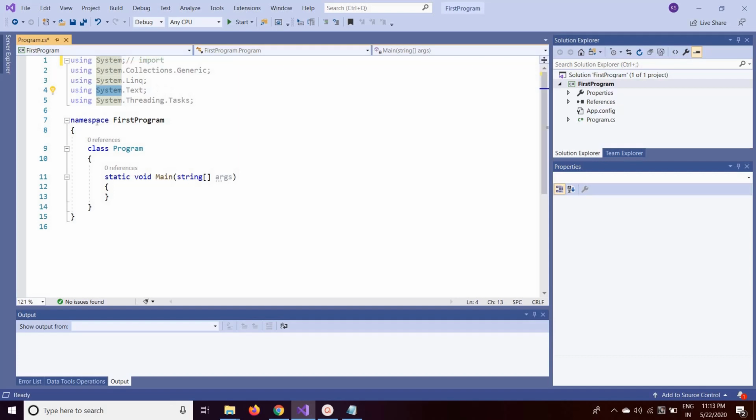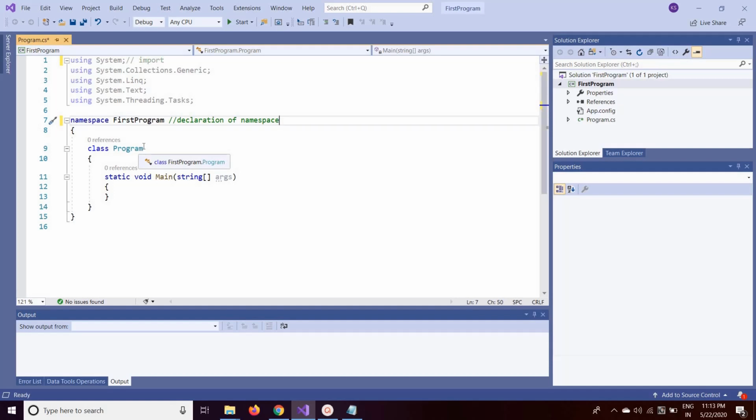Next is the declaration of the namespace. This is the second section. Here it's a user defined namespace.